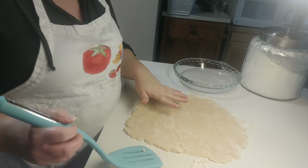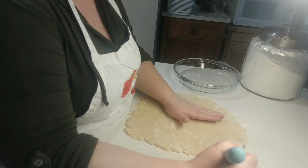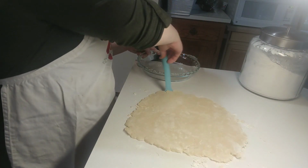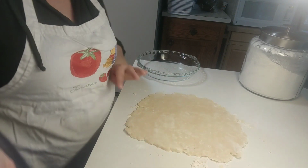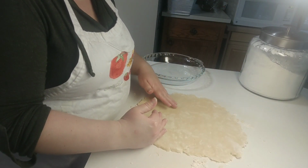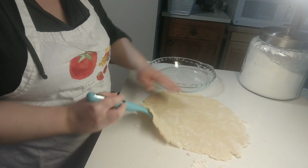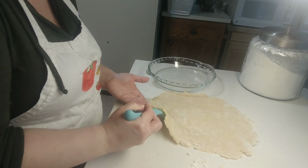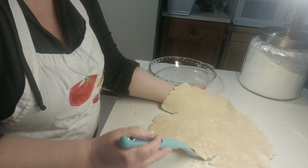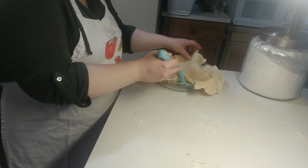So now that my pie crust is pretty close to the size of my pie pan, just a little bit outside of the shape of it, I'm actually taking a spatula and just going right under my pie crust to make this so much easier to get off the counter. Now you could definitely fold it in quarters like I was talking about, or you can just slide your spatula underneath as well as a hand, and very carefully and gently slide it right over into your pie plate,